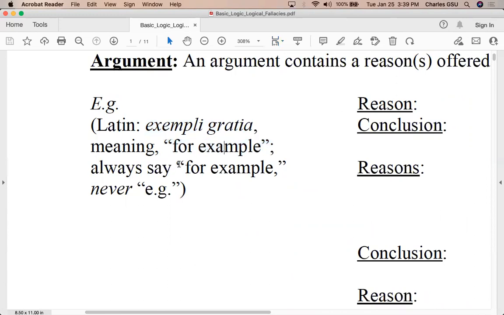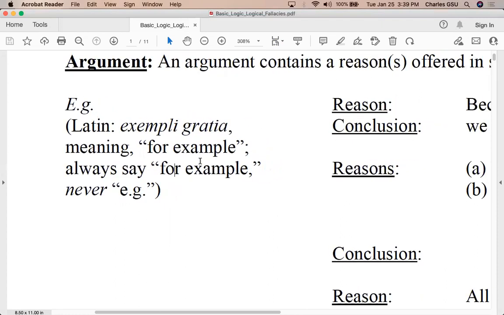And when you're reading it in your mind, or certainly if you're reading it in a text out loud, never actually say e.g., but instead use the automatic English translation, for example. The same is true of i.e., which stands for id est, meaning that is. Do not say i.e. out loud, instead say